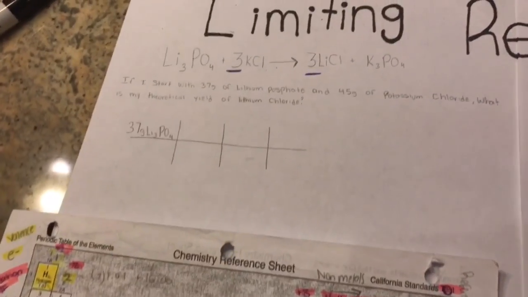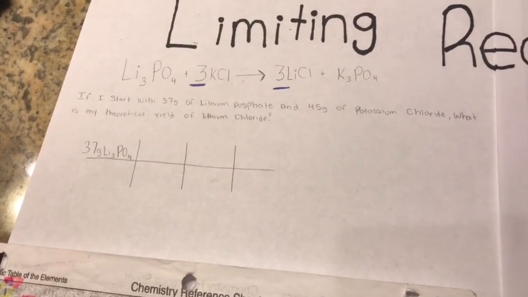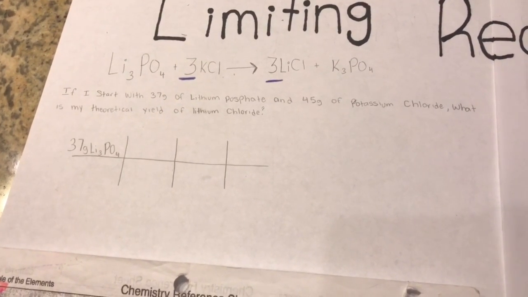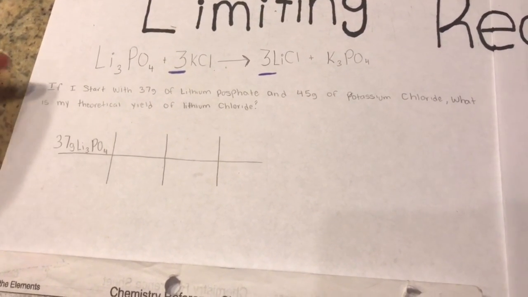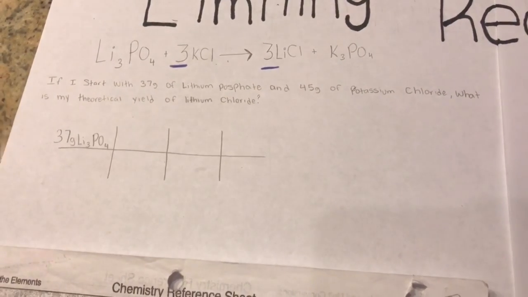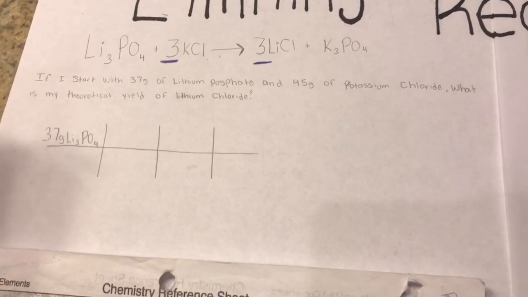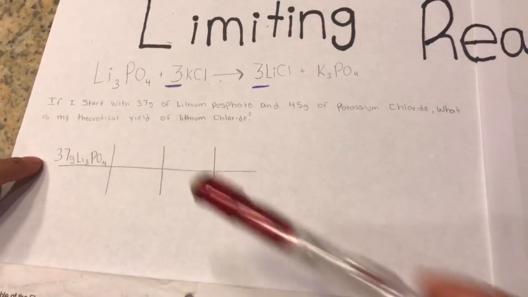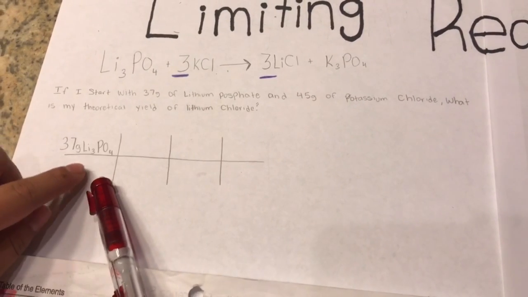Okay, to start off with another example, I will be using the formula Li3PO4 plus 3KCl yields 3LiCl plus K3PO4. If I start with 37 grams of lithium phosphate and 45 grams of potassium chloride, what is my theoretical yield of lithium chloride? So, you will first be starting off with what is given, which is 37 grams of